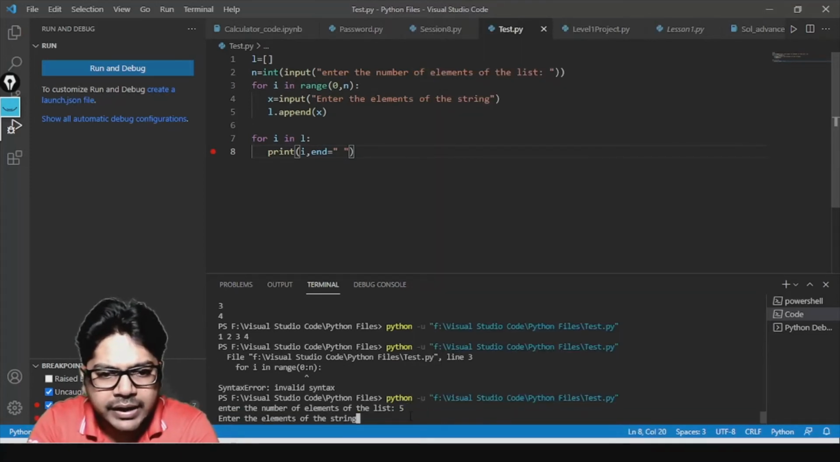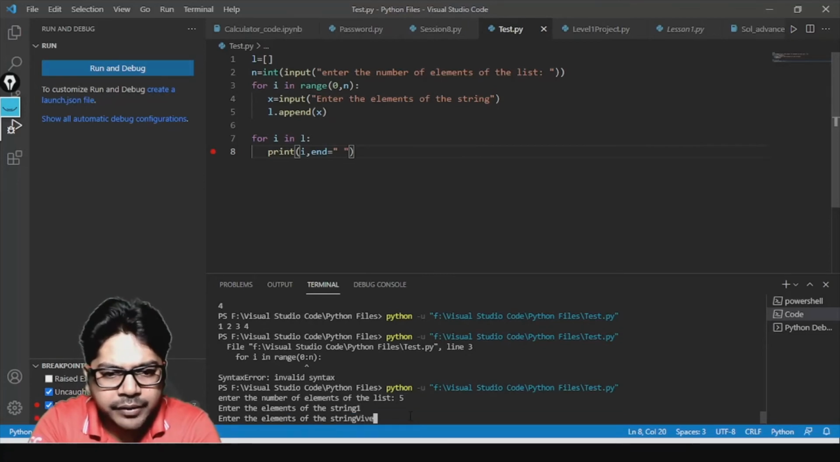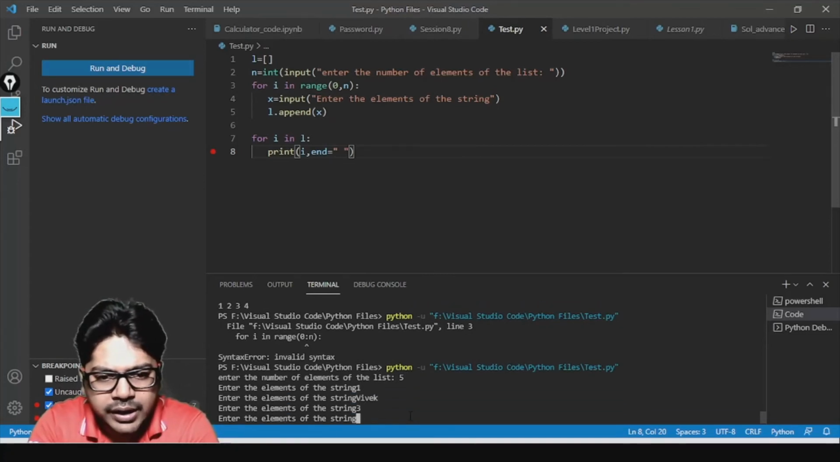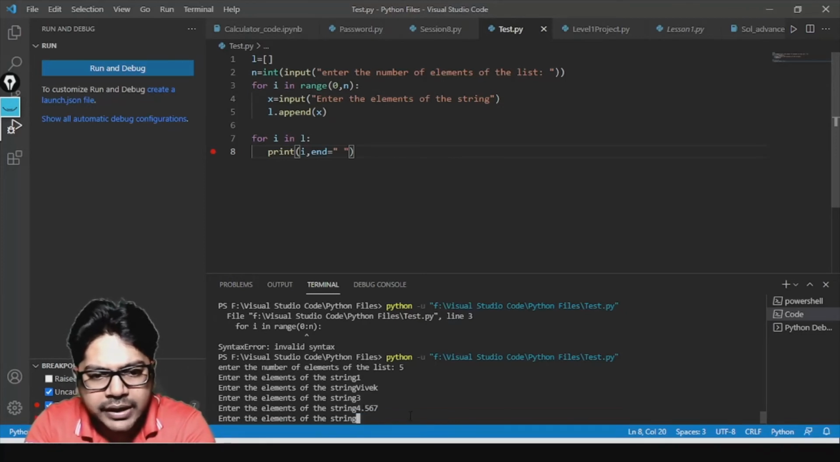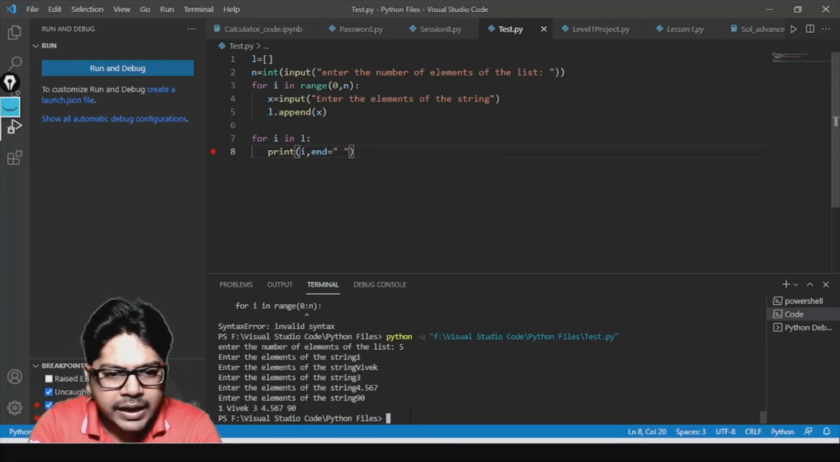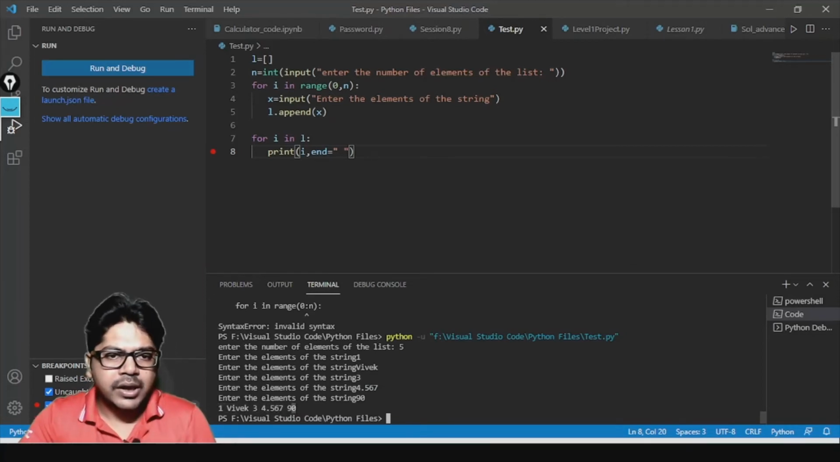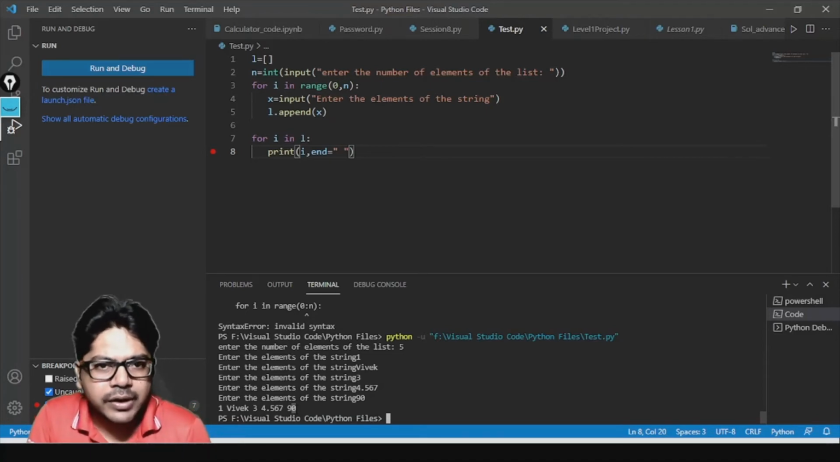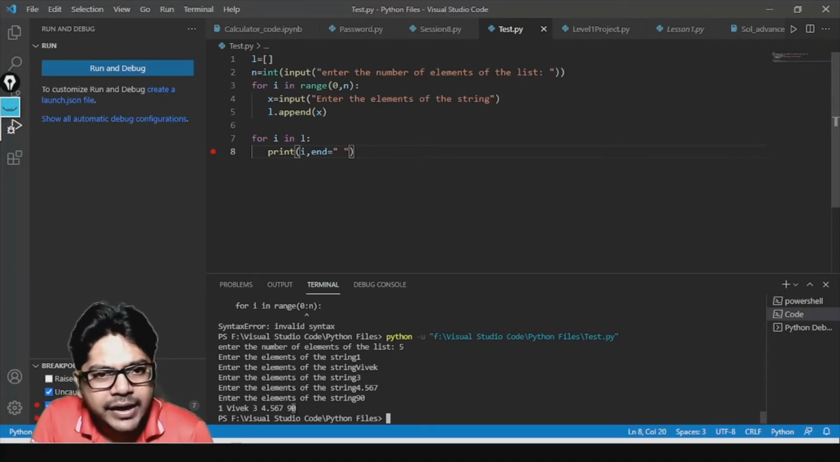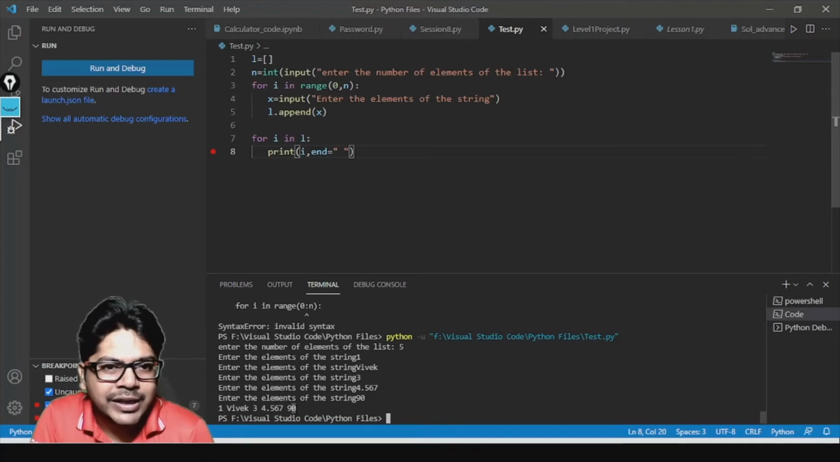So I entered 5, and then I'm entering 1, and then I'm entering Vivek, and then I'm entering 3, and then I'm entering 4.567, and then I'm entering 90. And when I try to print the list, I'm getting 1, Vivek, 3, 4.567, 90. Okay, so you do not necessarily have to convert that into an integer, provided you are not concerned about the element